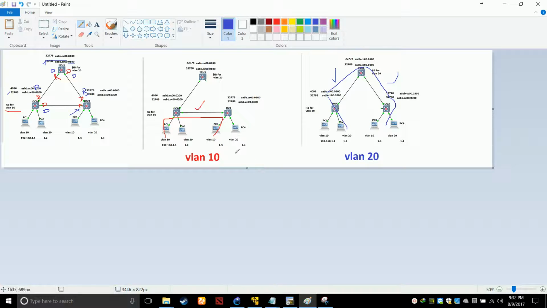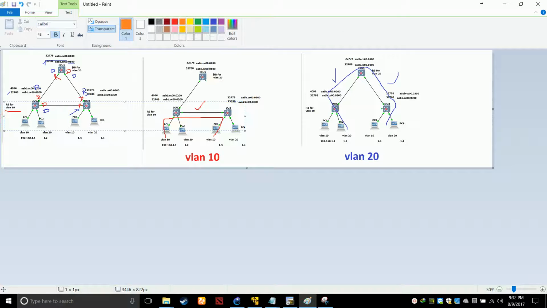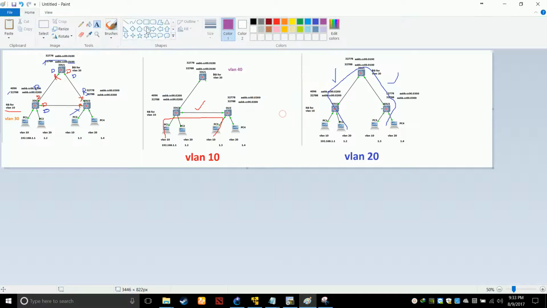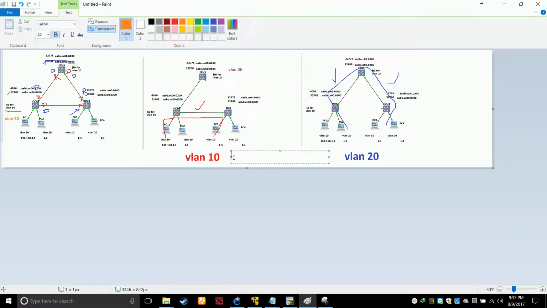Now if you want, in future you can also add some other VLANs, and you can also make this guy the root bridge for VLAN 30. Let's say you can say this guy is root bridge for VLAN 30 as well, and this guy is also the root bridge for VLAN 40. So now what will happen, the VLAN 30 data will also go from this side only.